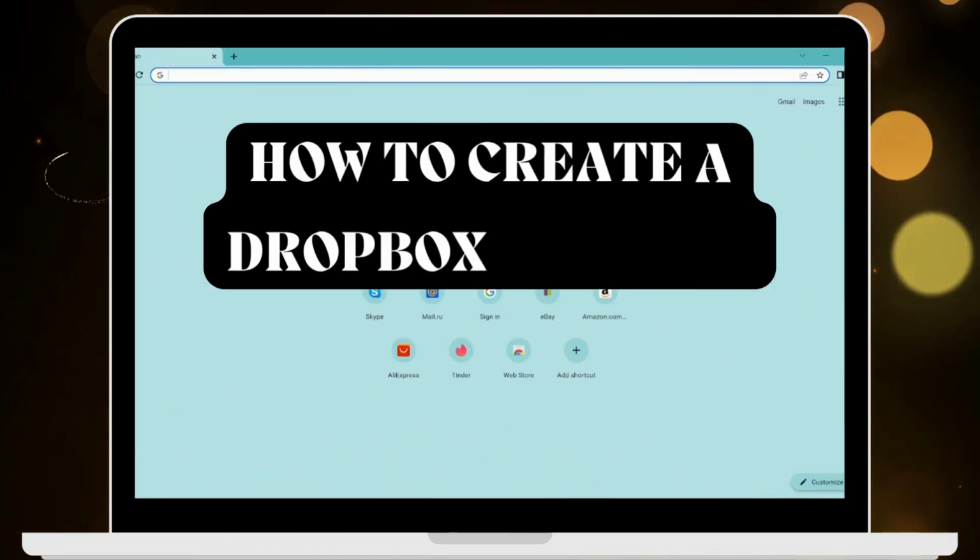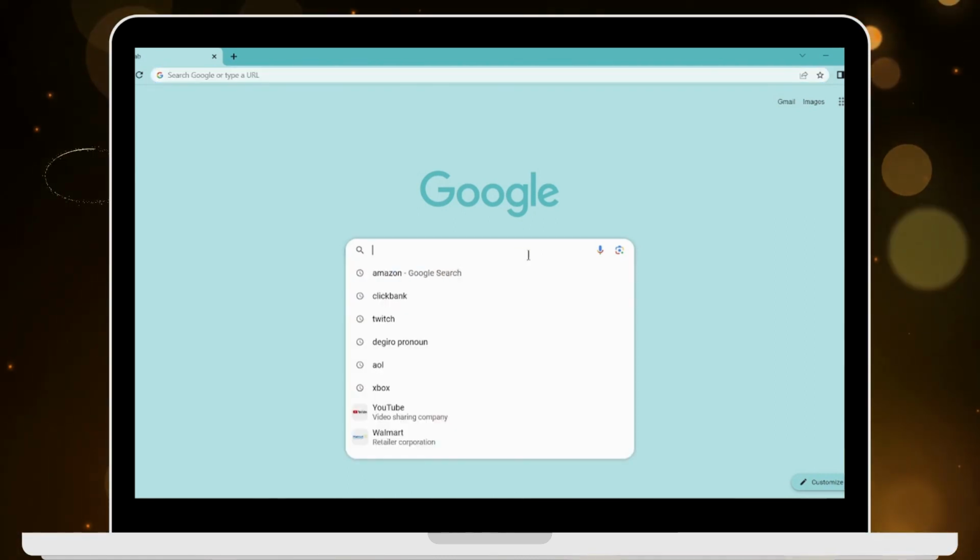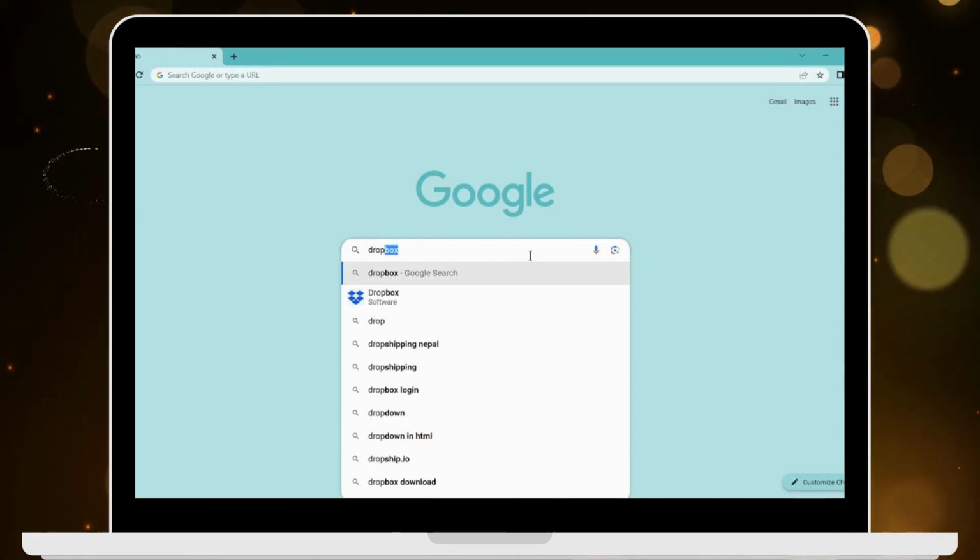How to create a Dropbox account. So if you want to create a Dropbox account, then first of all open up a browser, any browser that you are comfortable with. I'm here with Google Chrome browser, and now in the search bar you have to search for Dropbox,